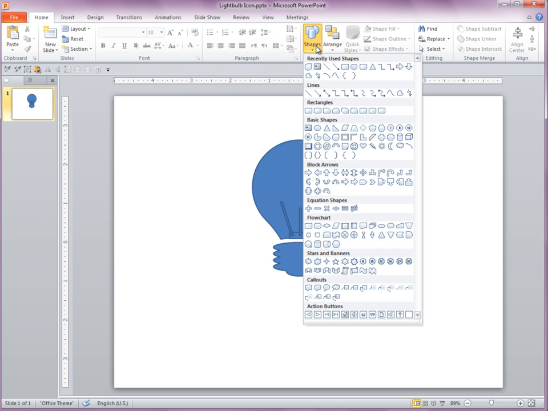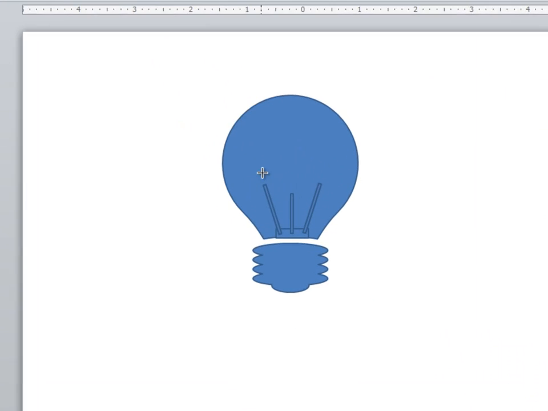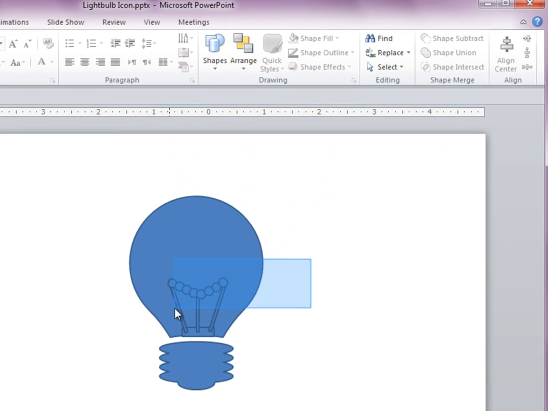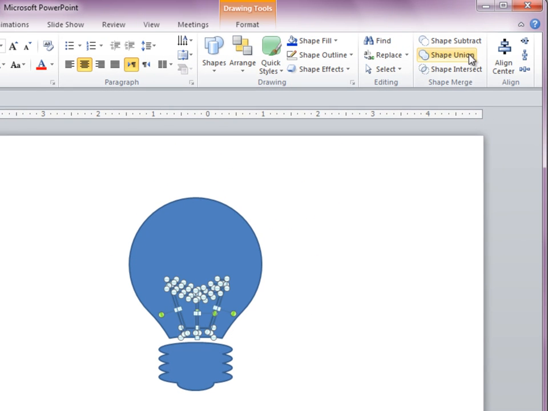And to create the wire, I'll use a series of circles that will slightly overlap. Again, I'm just copying and pasting using some keyboard shortcuts, the Control-C, Control-V. And I'm using the arrows while Control is pressed down to fine-tune the position of these shapes. There we are. I select all of them together, hit Shape Union,